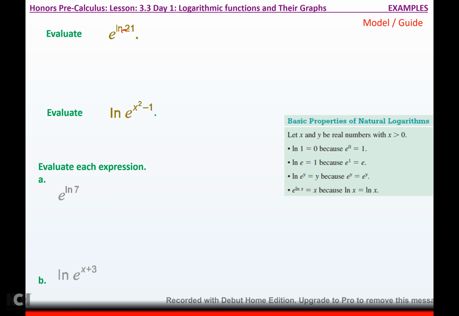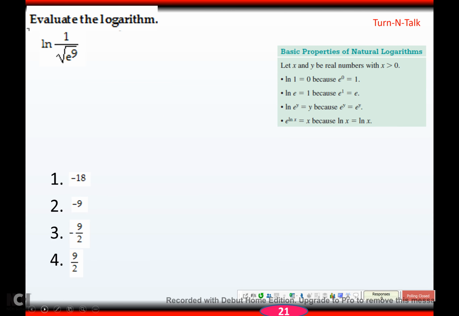Well, remember, that's base e. Those match, so my answer is 21. This is a base e. Those match, so my answer is x squared minus 1. Evaluate each of these expressions. Again, that's base e. Those cancel. My answer is 7. That's base e. Those cancel. My answer is x plus 6. Simple, simple, simple. Alright, so you try this one, hit pause, come back when you're ready,